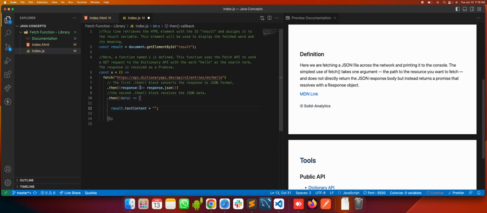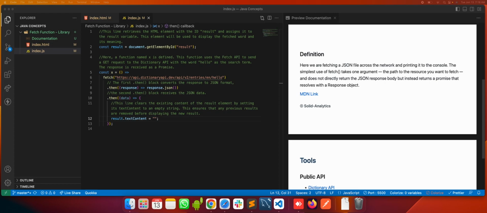Since we have defined the div element here as result.textContent equals an empty string, this line, let's comment this one as well: this line clears the existing content of the result by setting its text content to an empty string. This ensures that any previous results are removed before displaying the new result.